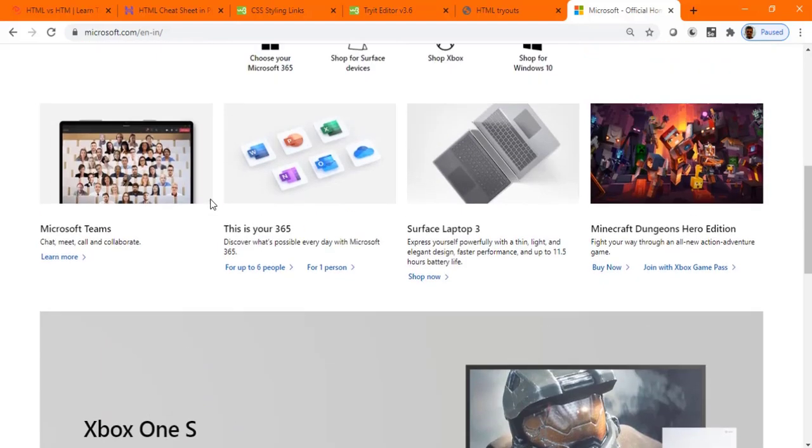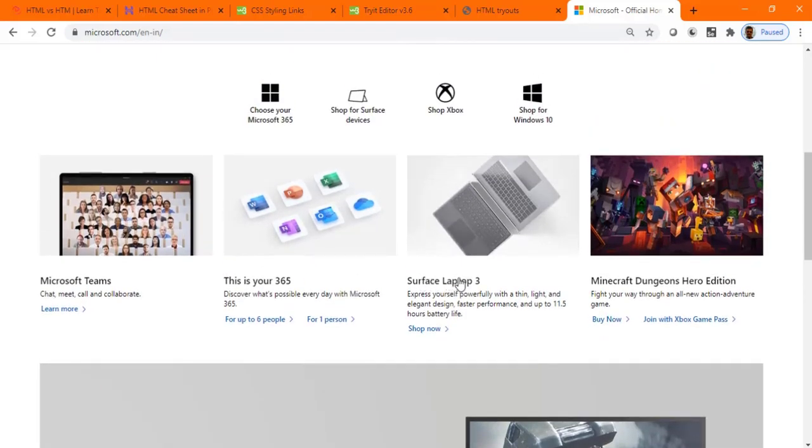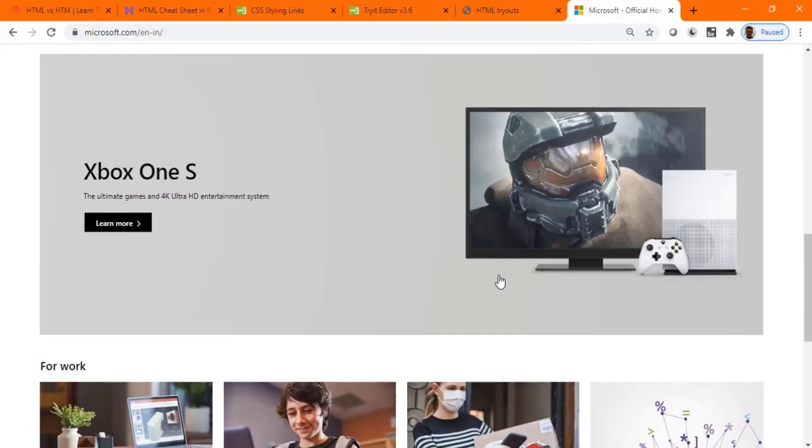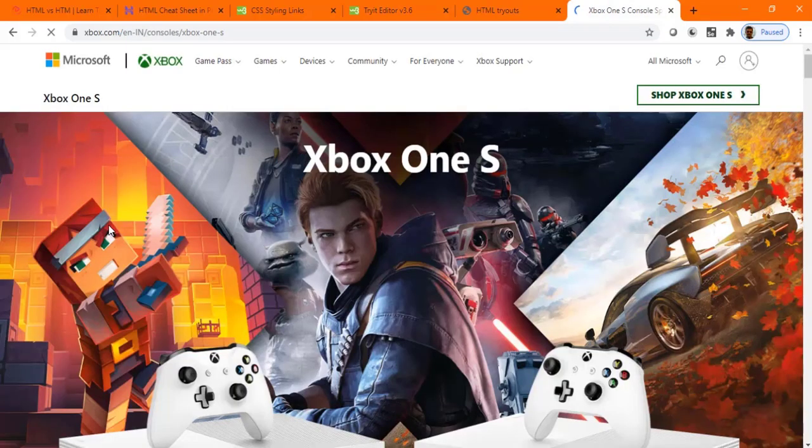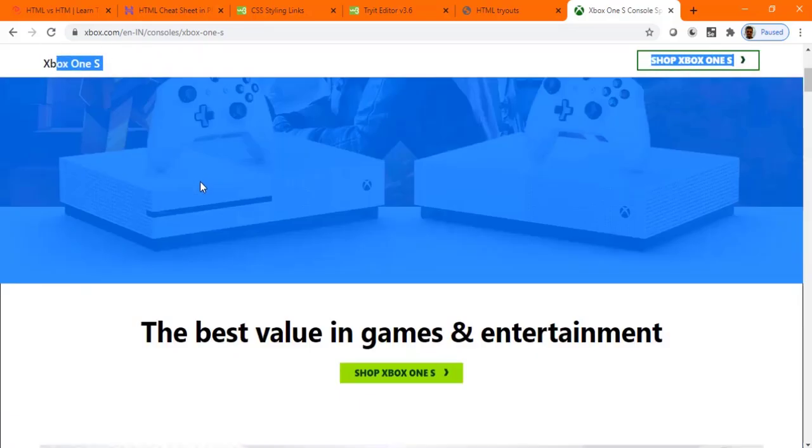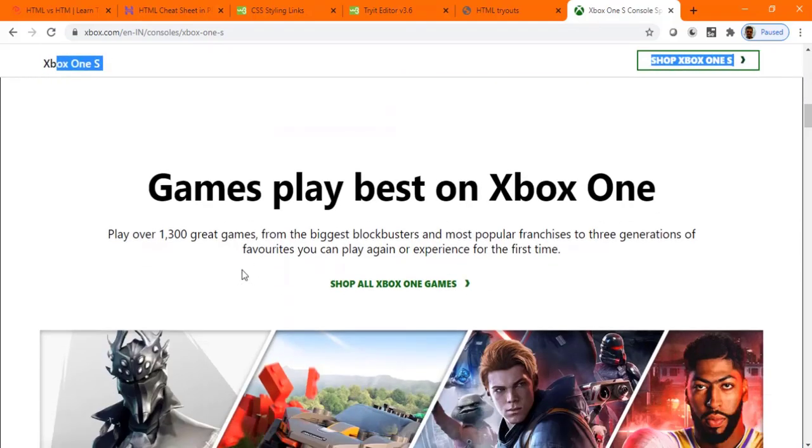Even if I click on some particular page here, say I find something like Xbox game is available, learn more. If I click this, it goes to another page. And when another page is rendered, you again find consistency. See the font. See this font. See the colors. See the way information has been organized.